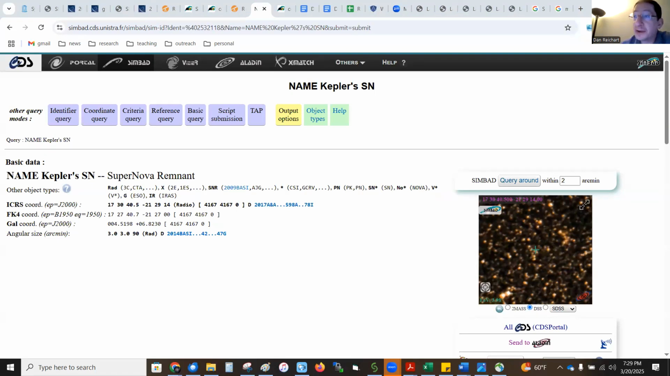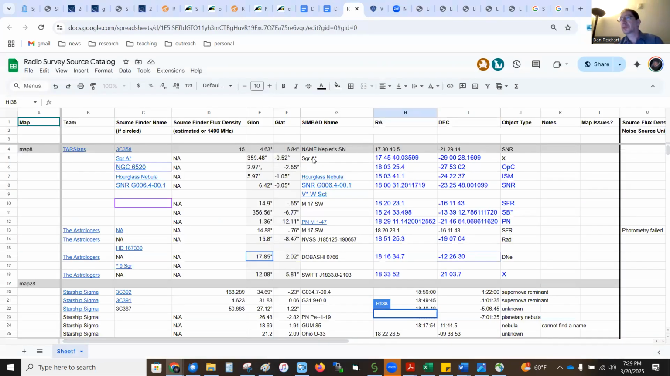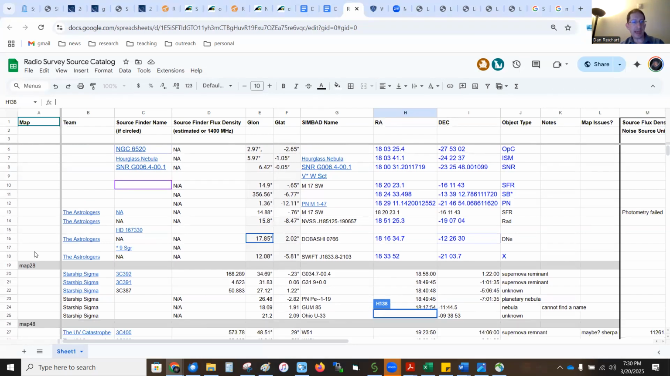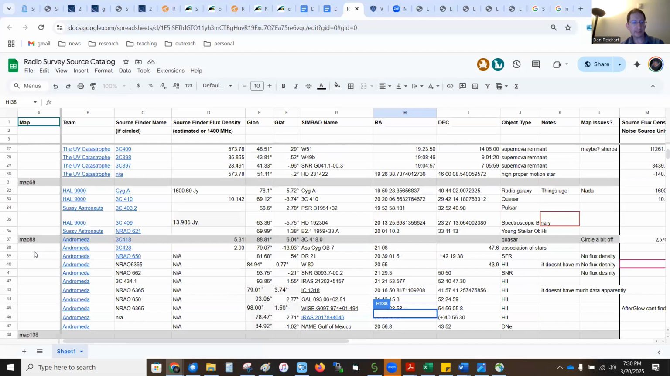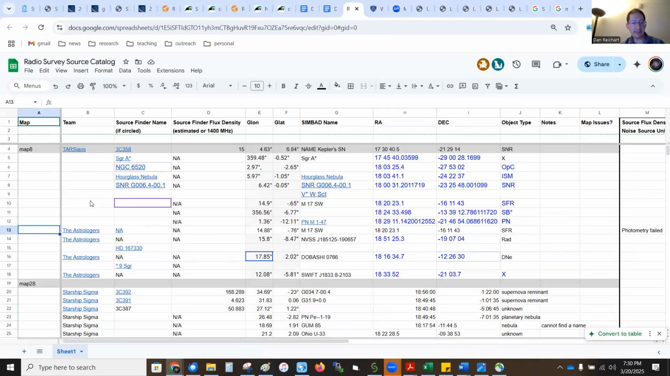Now, just a few final things. As you're exploring your image, you're going to want to record what you find. And so in the guide, you can link to a source catalog where you and the other teams in your class can start filling in information. This is my current class's source catalog. You have the various maps here, team name here,